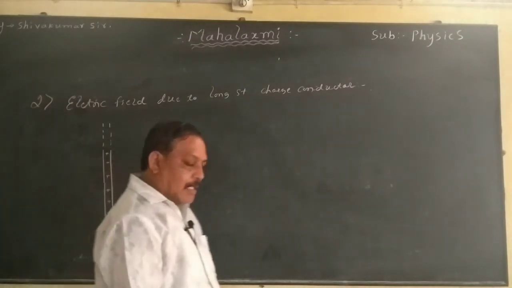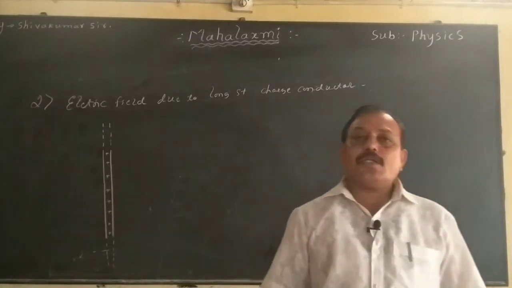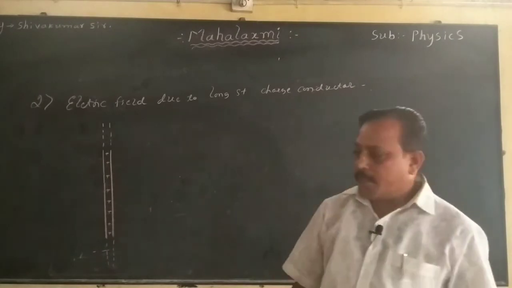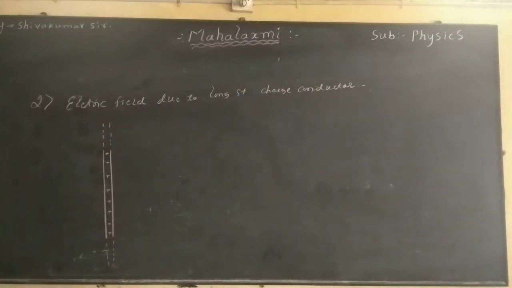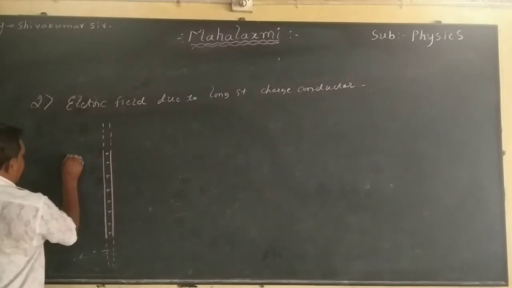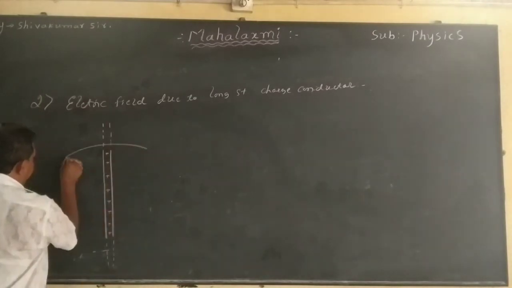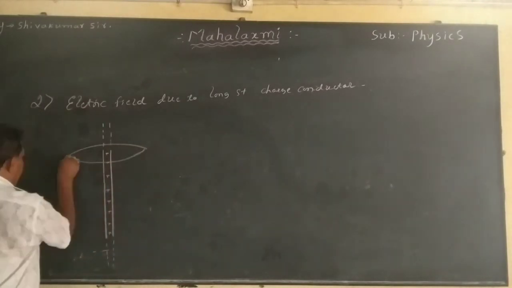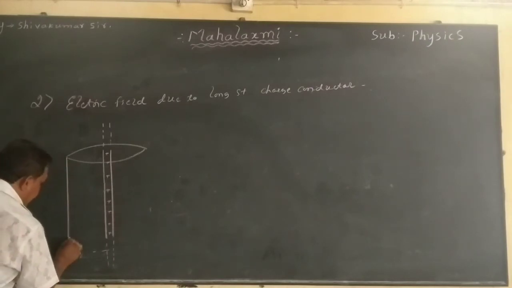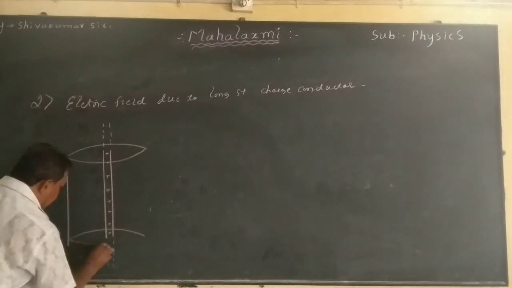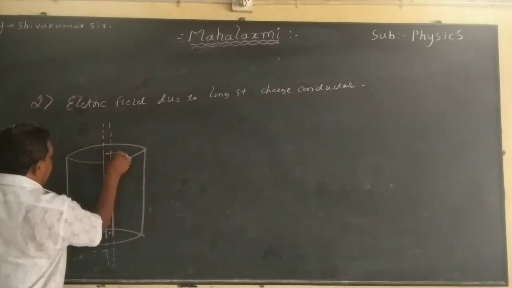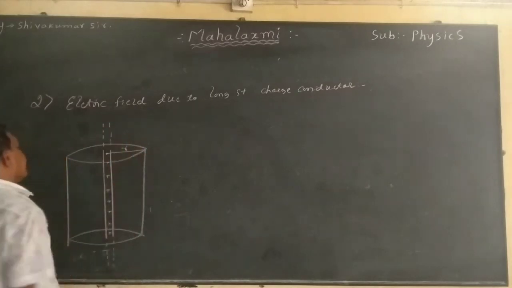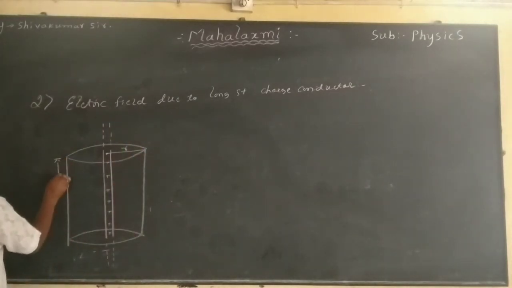Unless I enclose the charge, I cannot apply the Gauss theorem. I need the Gaussian surface. Now this is the straight conductor. What is the nature of the Gaussian surface? I take the cylindrical surface. I take the cylinder. Now this is the cylinder which encloses the charges. Now this is your cylindrical surface of length L, of uniform cross section area. R is the radius and it has the length L.